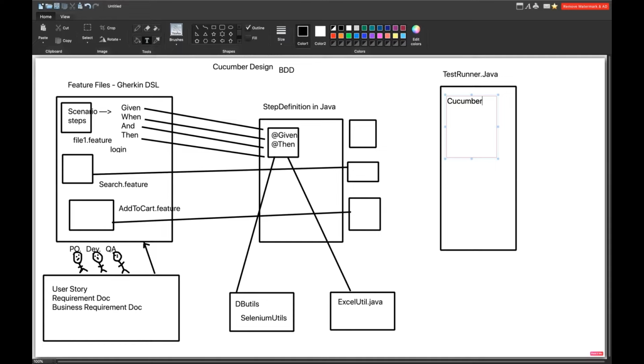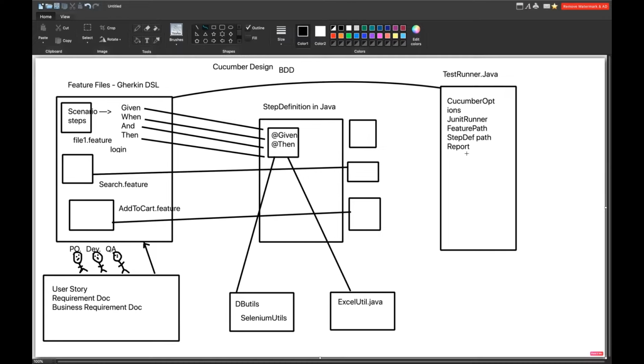Here we will be using Cucumber options, and then we will be using the JUnit runner, and then multiple options: where exactly your feature file path is, where exactly your step definition path is, and in which format, what kind of report you want to generate, all those things we will be writing over here. So this test runner.java will interact with your feature file. It will go to the feature file because of the feature file path we have defined, and for each and every feature file, Cucumber, which is already integrated, will get to know that the corresponding step definition file is available, and it will start executing these Java classes, methods and steps, and these steps will be calling certain utilities that we have available over here,